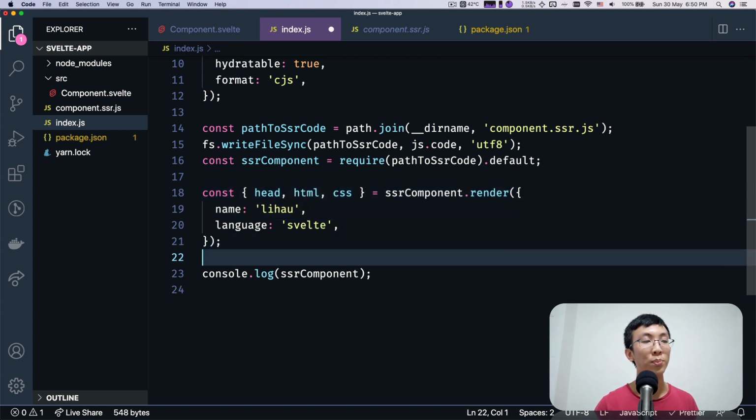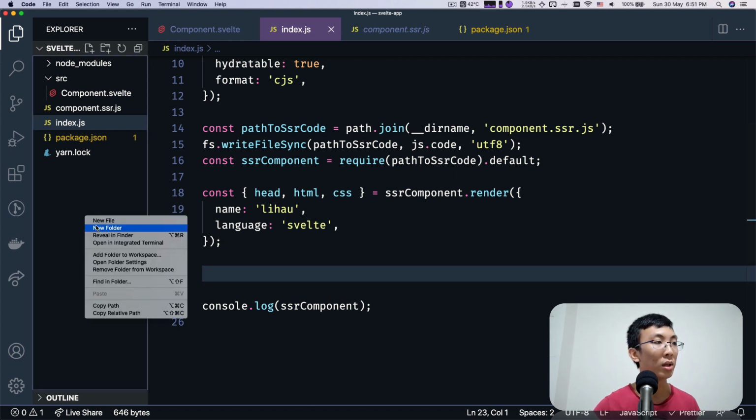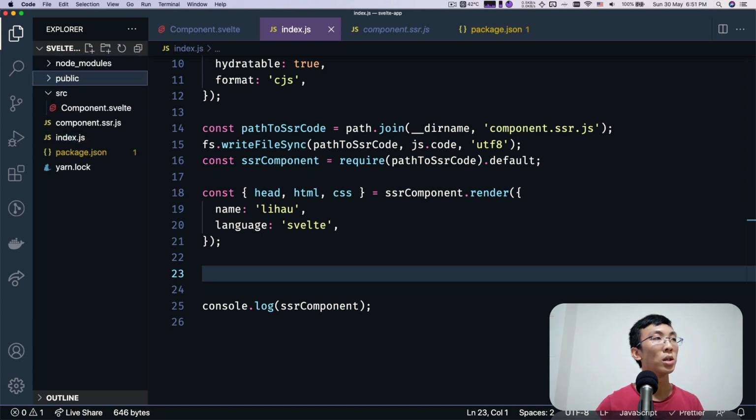So we're gonna piece all this together to form HTML content, and we're gonna send that content to a user. My plan is I'm gonna write this HTML file into a folder called public, so that later on we're gonna open this folder. I'm gonna create this folder now, public. This folder will have our HTML file, and later on we're gonna compile the JavaScript code and include that JavaScript code in this public folder as well.